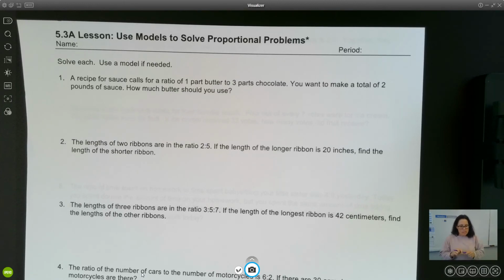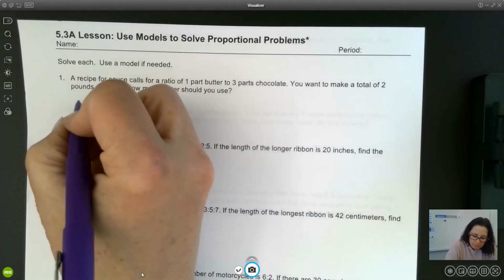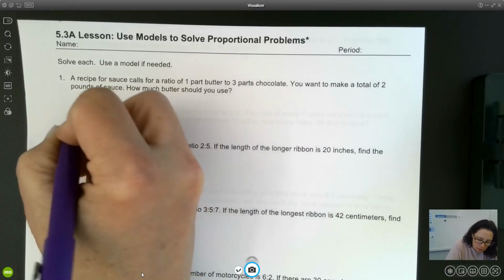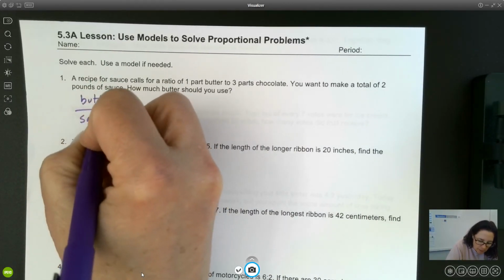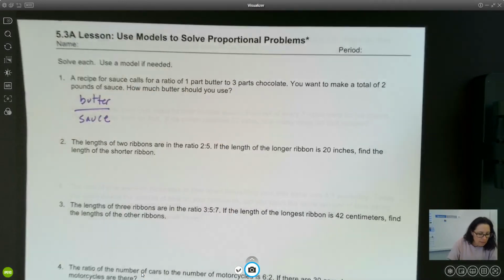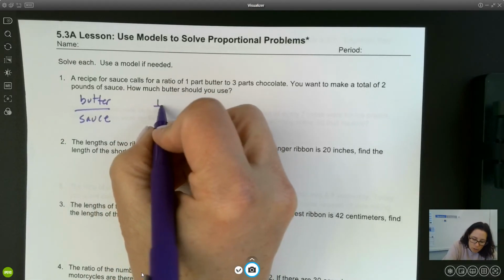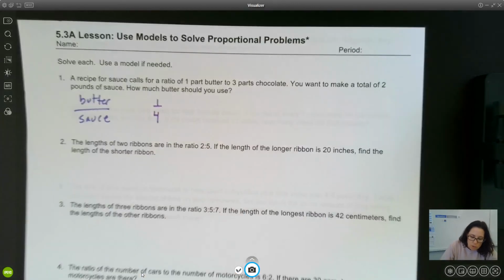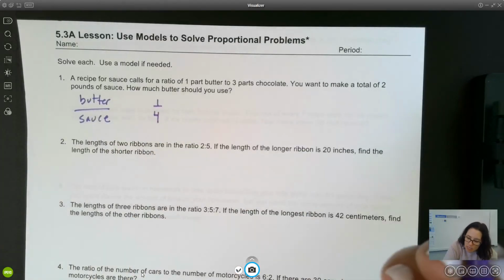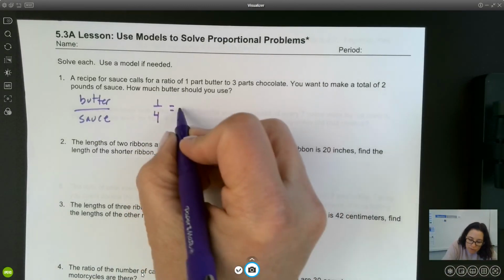Okay, so I always set up a word ratio. Get in the habit now. It doesn't say to do so, but it's going to help you in future problems. We've got butter happening in this problem, and we've got sauce happening in this problem. So I'm given 1 part butter to 3 parts chocolate. Now be careful. Together, that makes 4 parts of sauce. So I've got 1 part butter to 4 parts sauce, and we want to make a total of 2 pounds